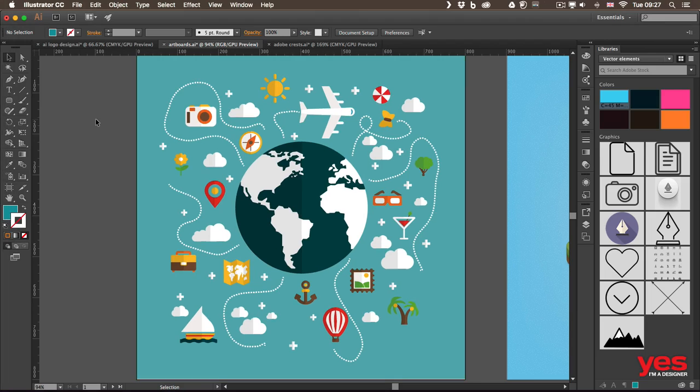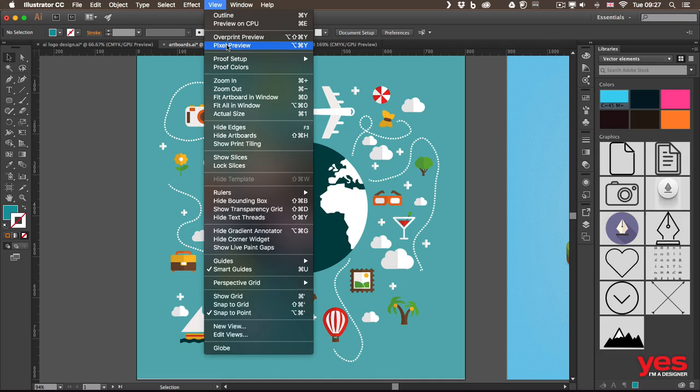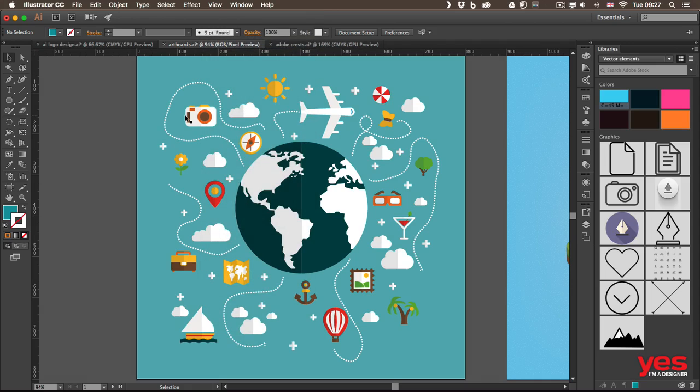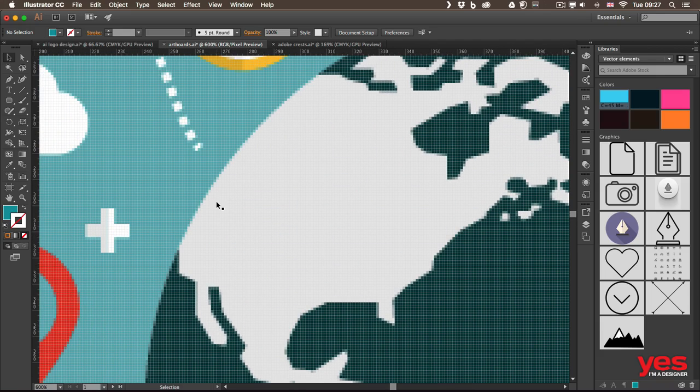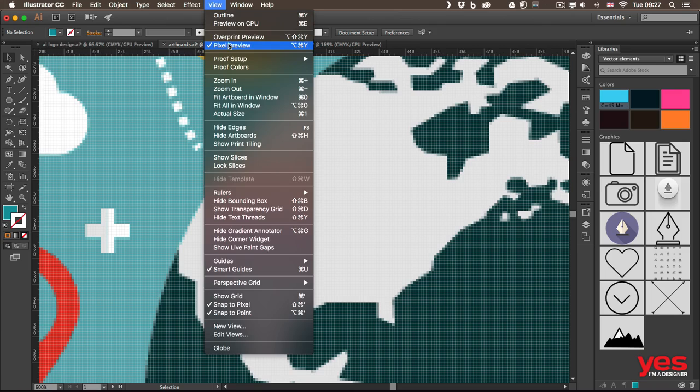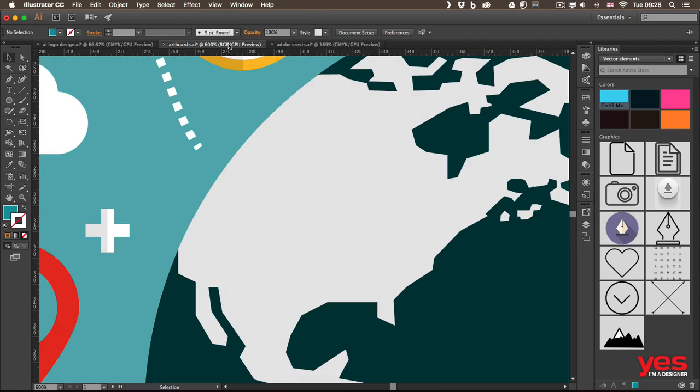Now there's one other interesting option in Illustrator called Pixel Preview from the View menu, which can actually show you, with the current size of your artboard, how much detail you would get once you export into a raster or pixel format. So if I choose Pixel Preview and I zoom closer into this design, I can see how much detail it will have. It's almost like looking at the already exported raster format of this current design. It's almost like working in Photoshop, so anything beyond 100% will start to pixelate. And you can switch back, of course, at any time to the normal view,